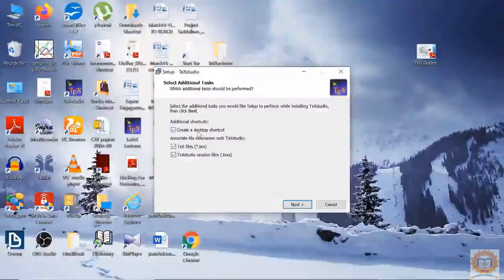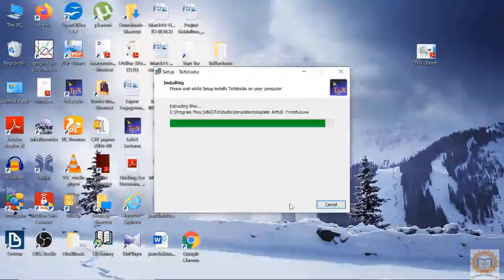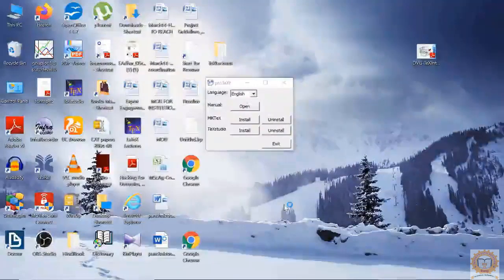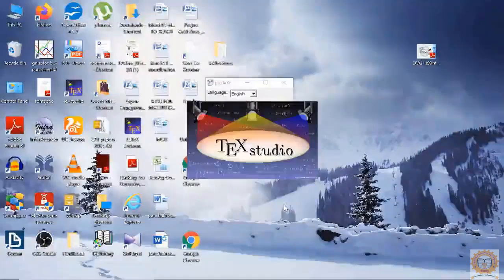Okay, create desktop shortcut, TeX files, TeXstudio session. Okay. The installation is complete. You can directly start TeXstudio. Okay, finish it. So TeXstudio is starting.